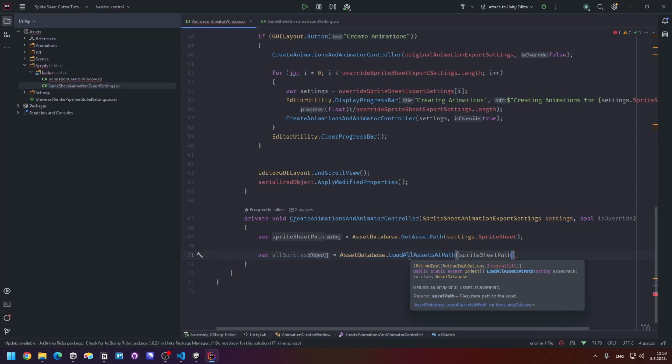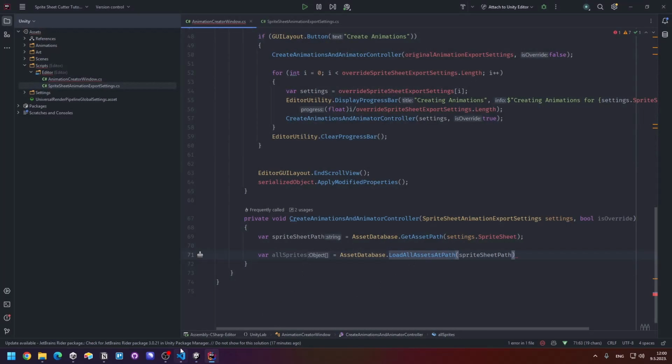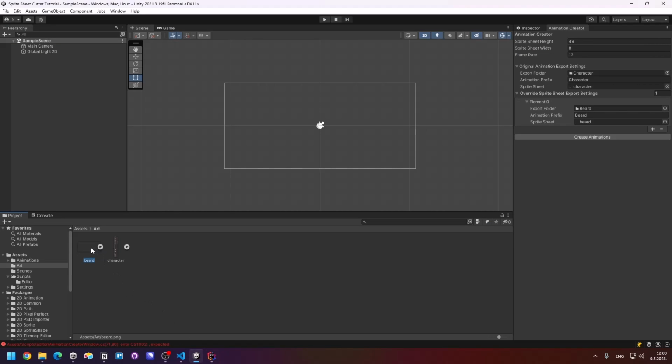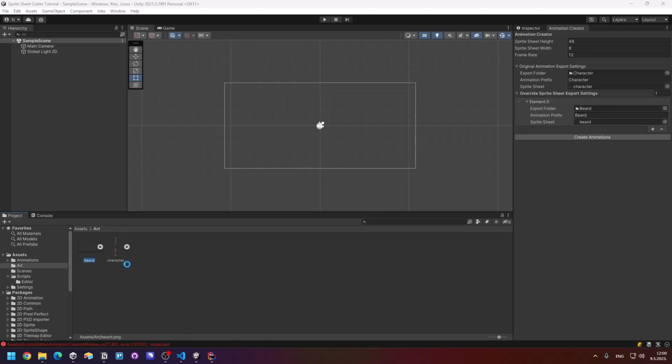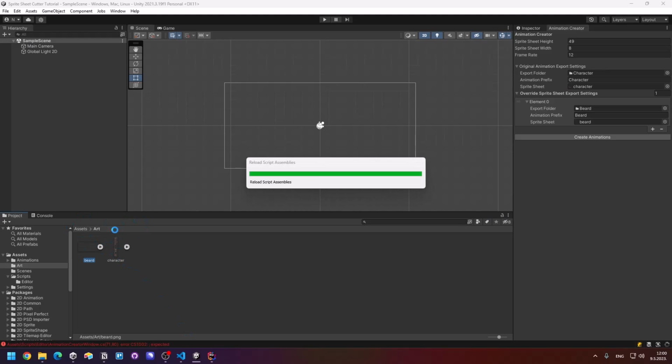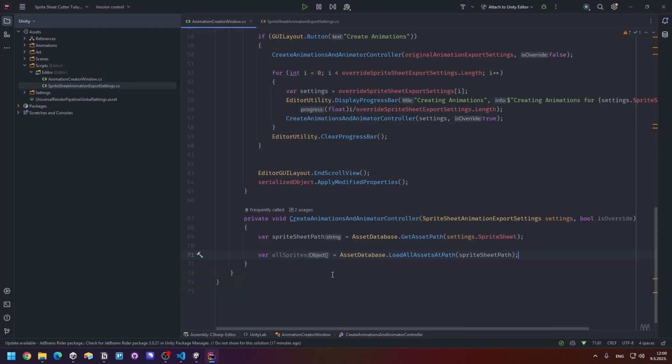This method can sometimes be misleading because load all assets at path, you would think that if you point, for example, to the art folder, that it would get you all the sprites from all the sprite sheets that you have created here, but that's wrong. We're going to create an additional method later on. This load all assets at path only returns the sub-assets of the asset that you have passed the path here. So here we're going to return only all the assets that have been loaded that are sub-assets of the beard